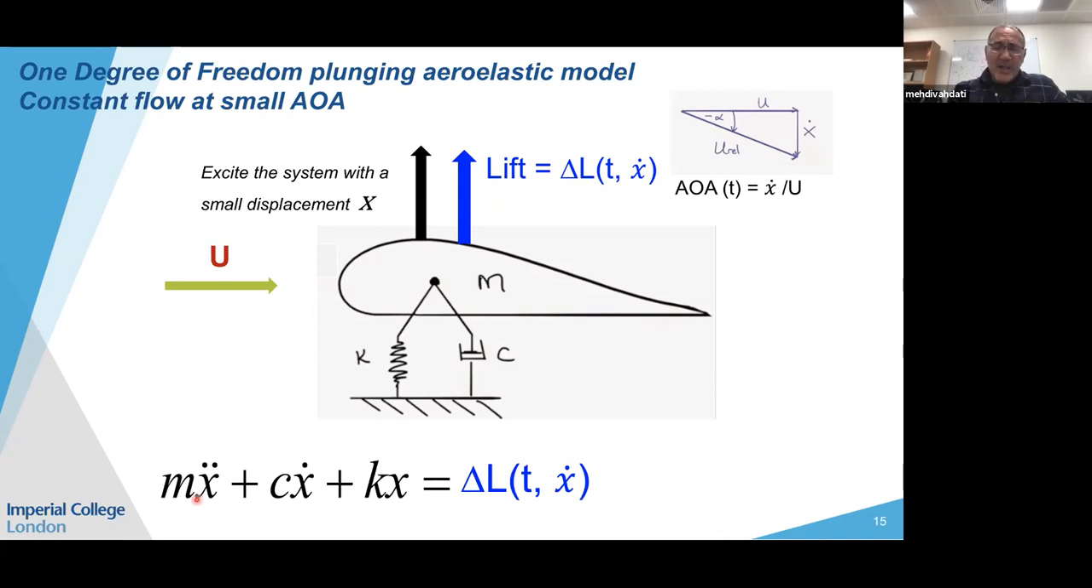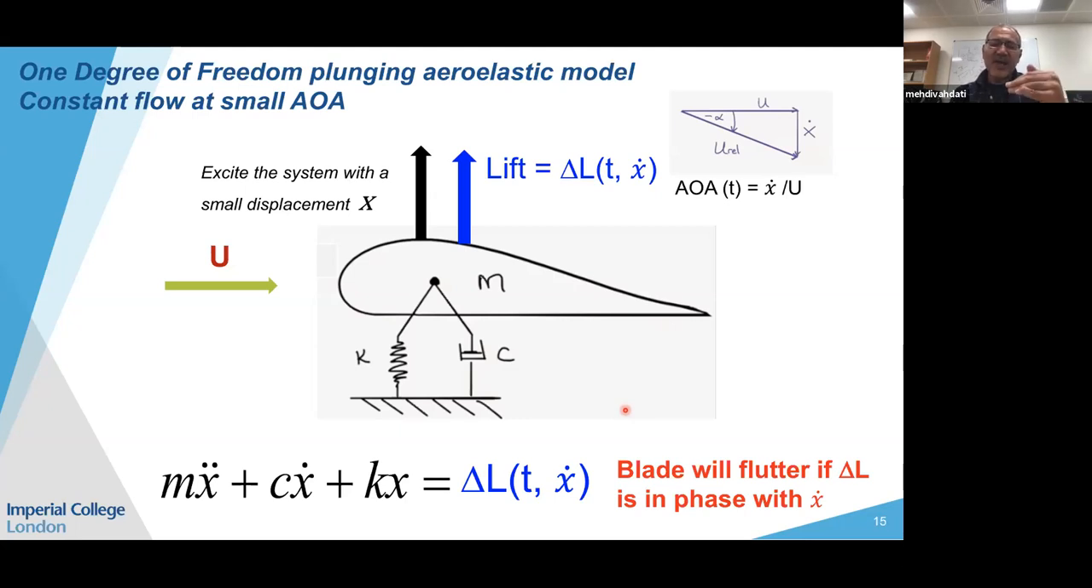And so the equation of motion for this one degree of freedom system becomes of this form, where dL is a function of x dot and t. With easy manipulation, you can show that the blade will flutter if the unsteady lift, delta L, becomes in phase with the velocity of the blade, x dot. In fact, it is very important to recognize that flutter occurs when the unsteady forcing is in phase with the velocity of the blade, i.e. the blade motion, not the displacement. You can easily work